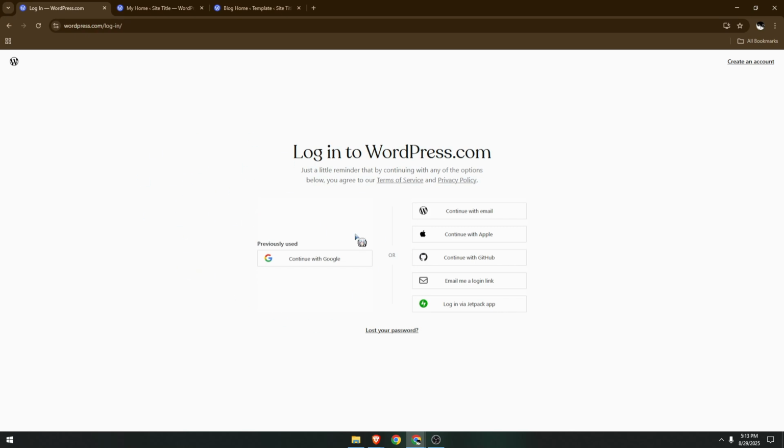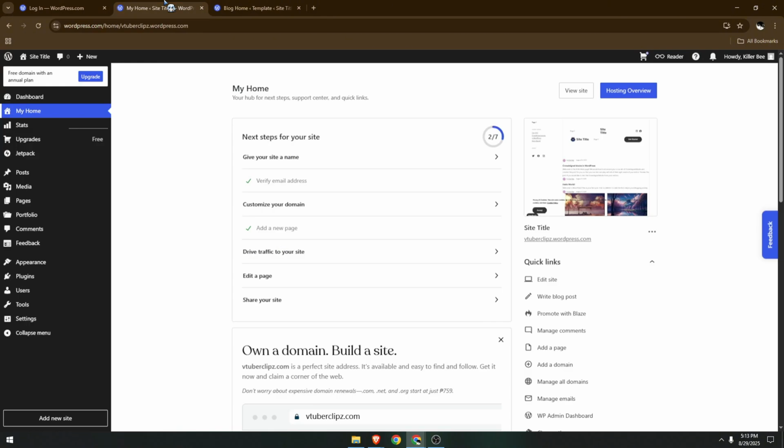Let's begin. First, open your WordPress website, click on the login button at the top right, and sign in with your Google account to access your dashboard. From your dashboard, go to the post section over here to see the list of all of